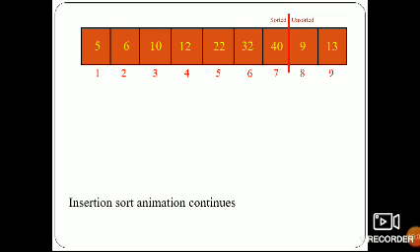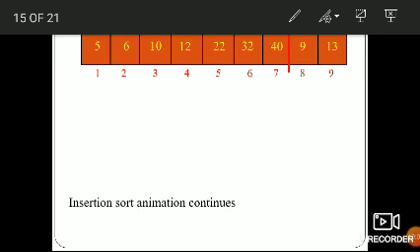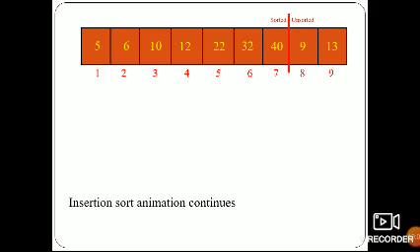40 and 9, again we have to swap. Again it will swap till it keeps the 9 in the proper position. Okay.